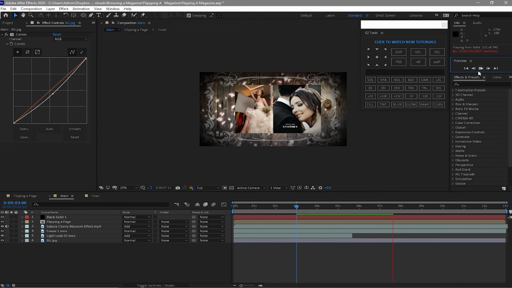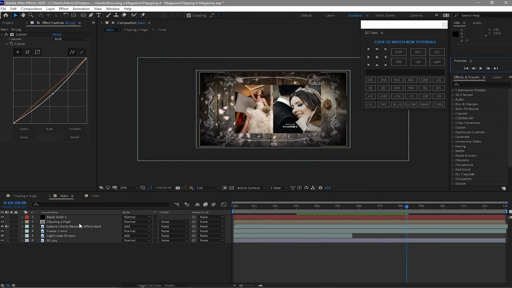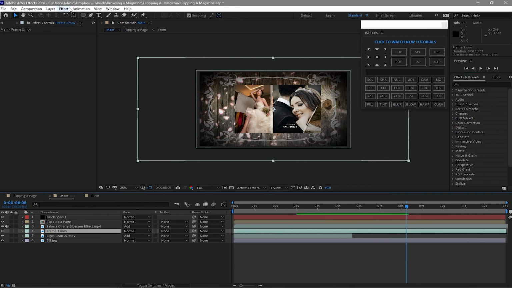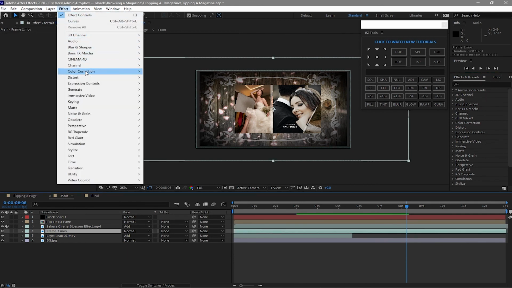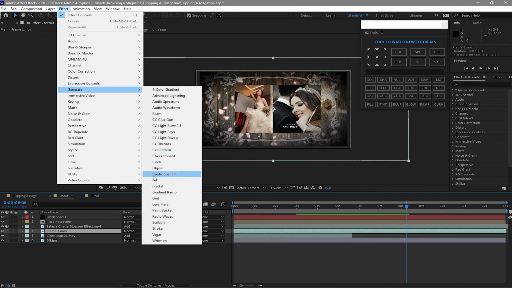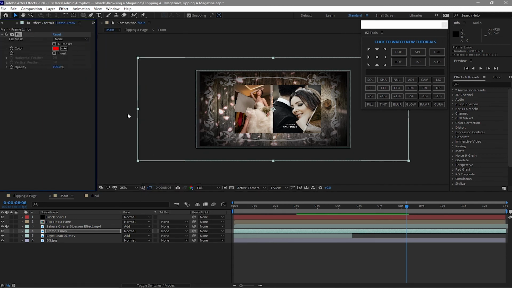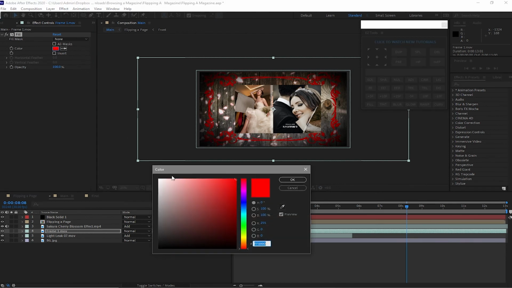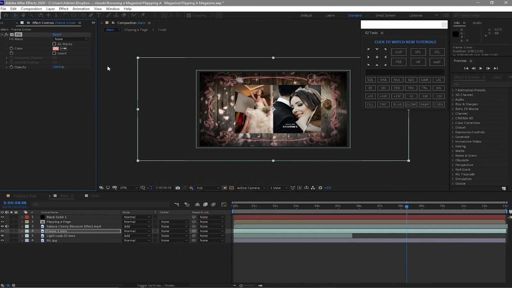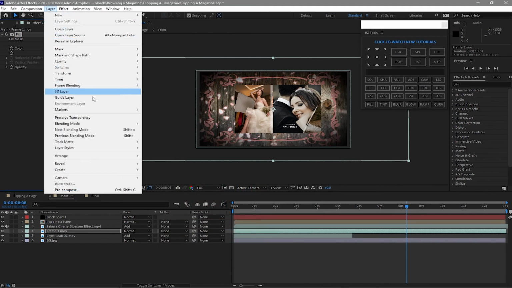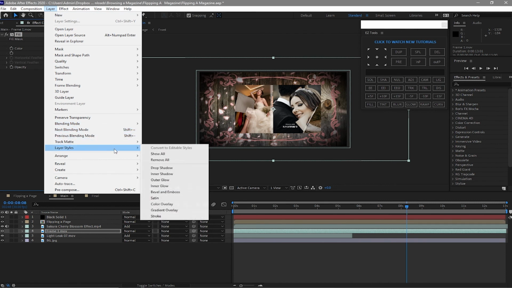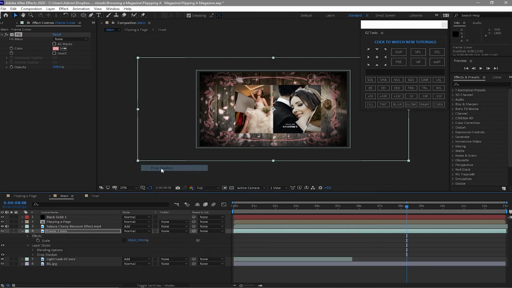Nice. I will also go to frame and go to effects and presets and generate. I will go to fill and change the color on my frame to pink. And I will go back to layer, find layer styles and drop shadow.